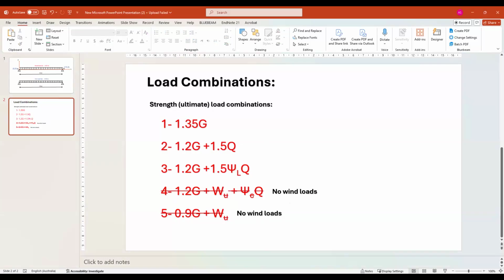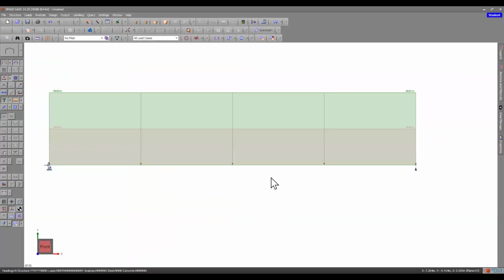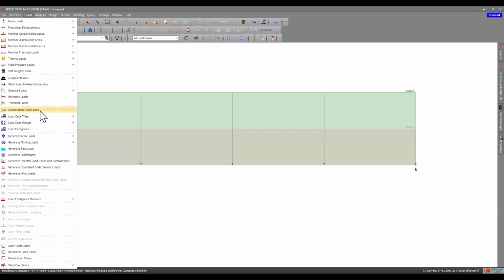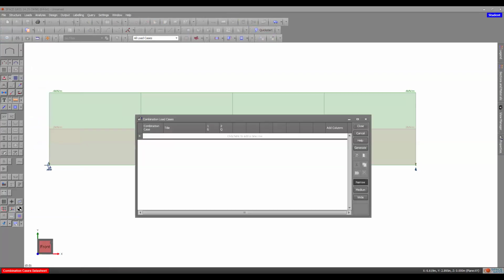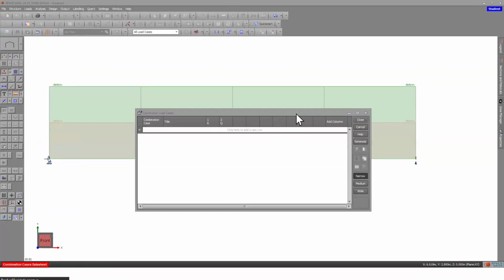If we go back to the software, it is a very simple step. What we will do is try to generate the load combination using the software. How to do that? Under Loads here, if you go down, there is Combination Load Cases, this is one option. Another option is a shortcut here, Combination Load Cases. So if you click this Combination Load Cases, under load combination here,